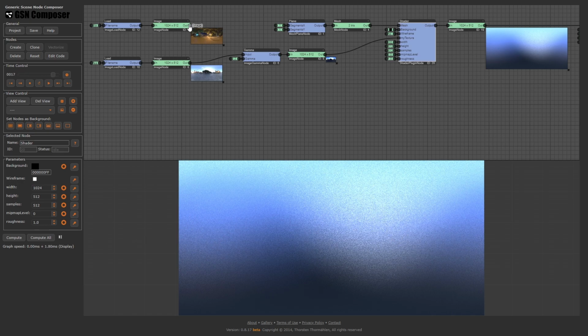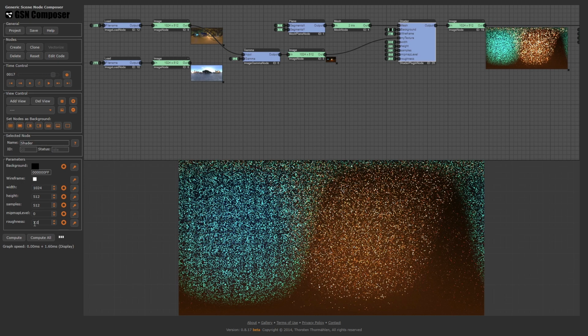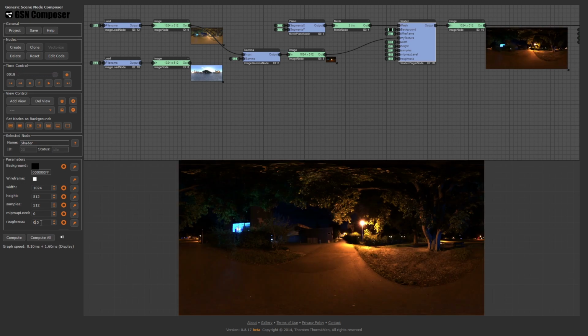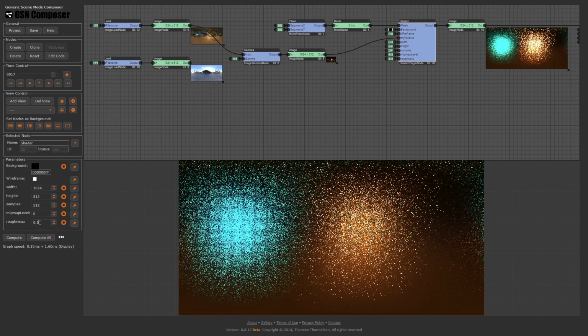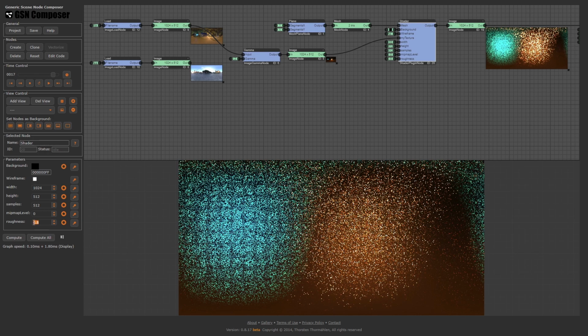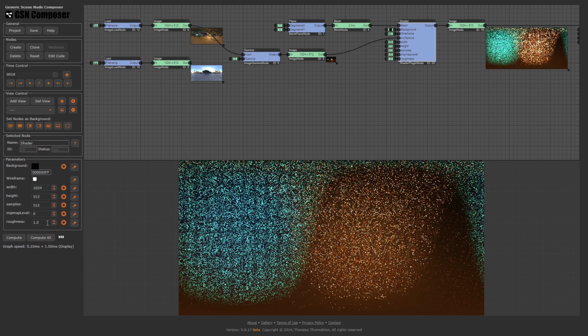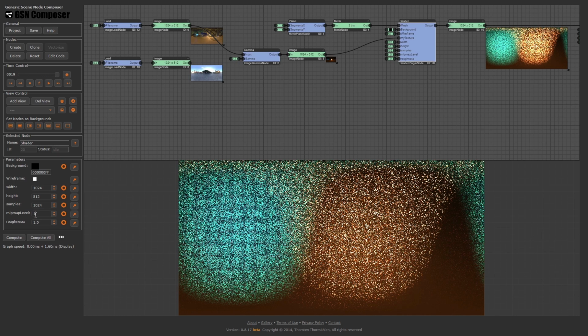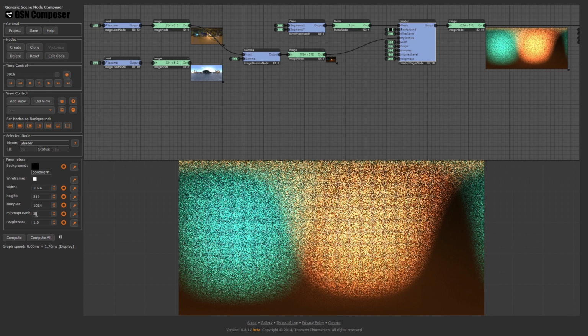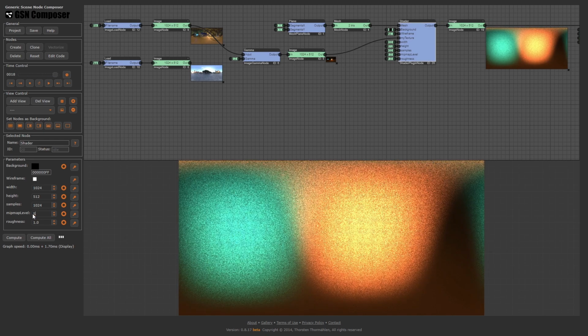Let's connect this other, more difficult environment map. 0.0, 0.2, 0.4, 0.6, 0.8, 1. The sampling noise is very strong. We can increase the number of samples to 1024, which does not help much here. Instead, we can low-pass filter the input by using a higher mip-map level. 1, 2, 3, 4, 5.